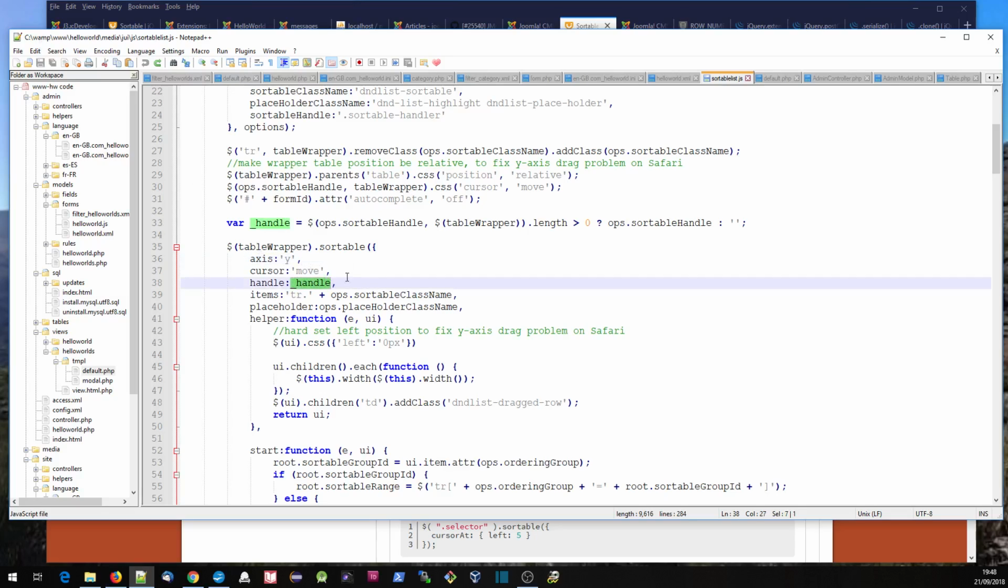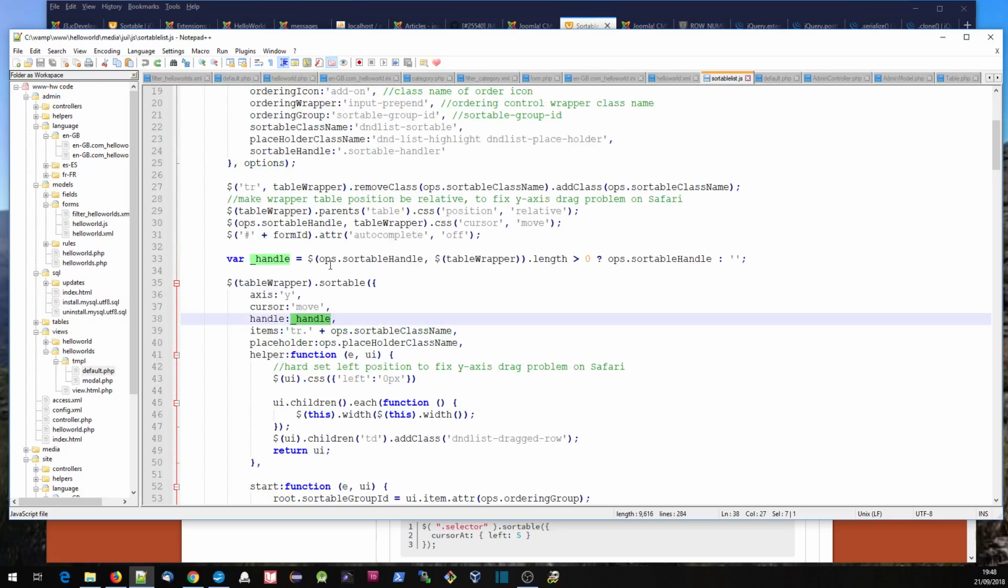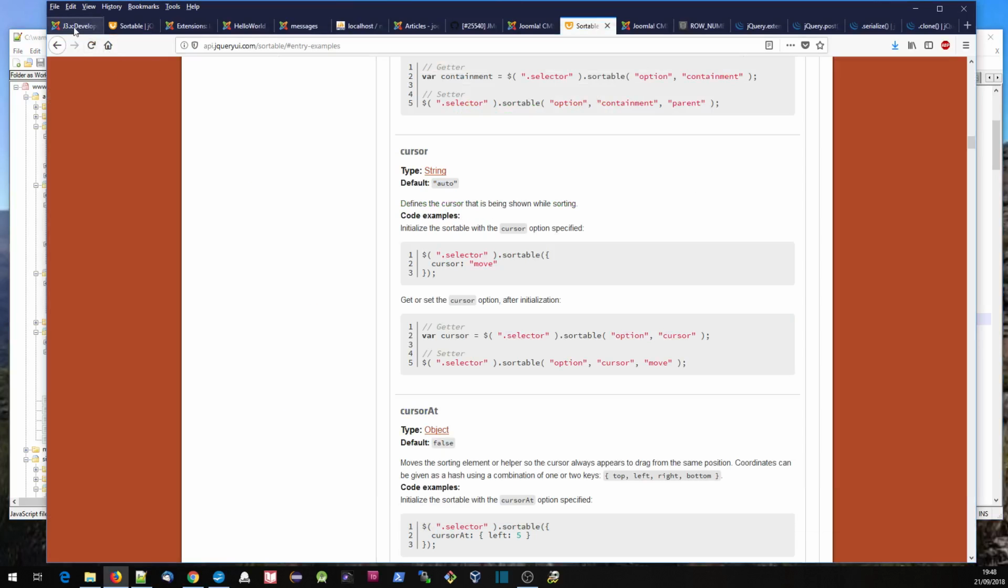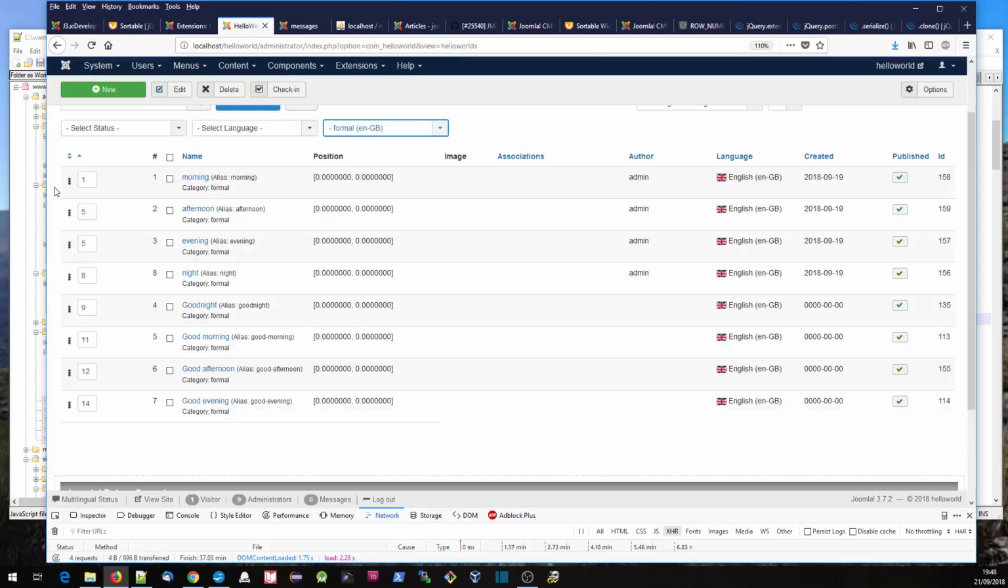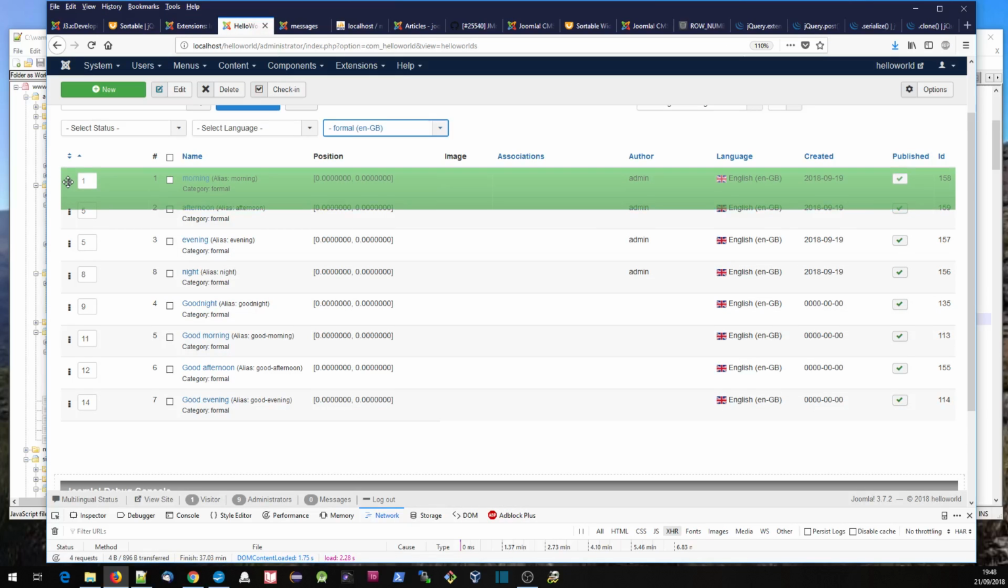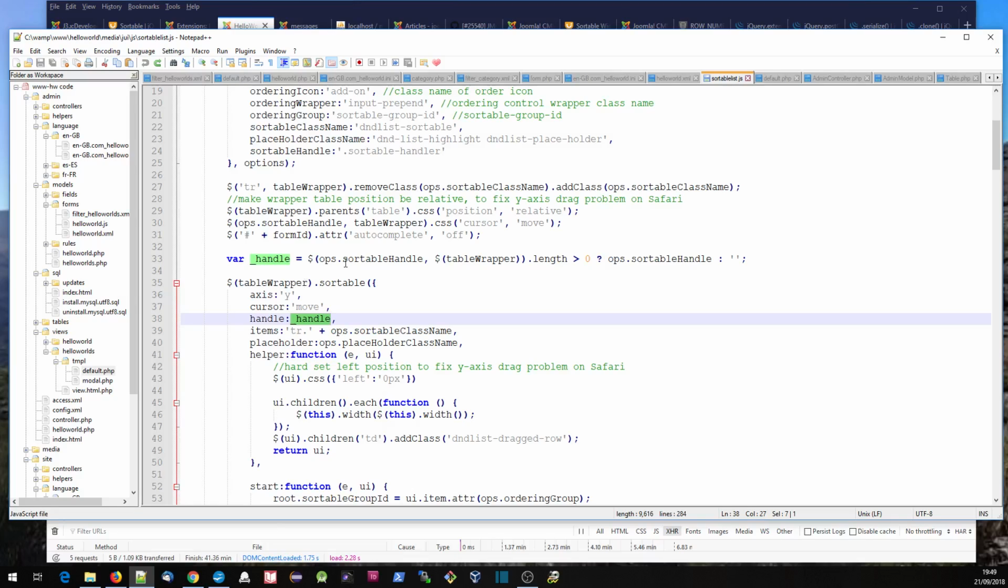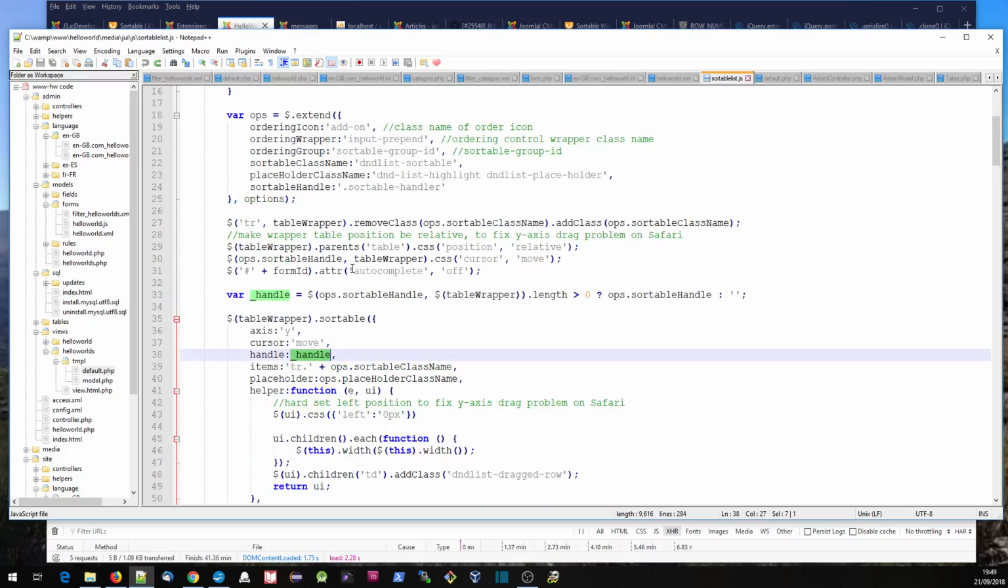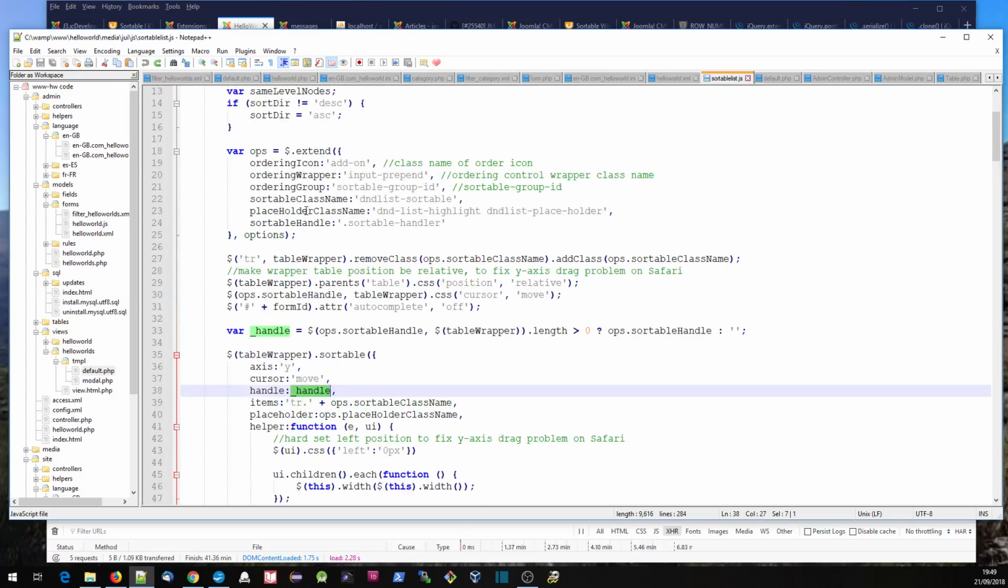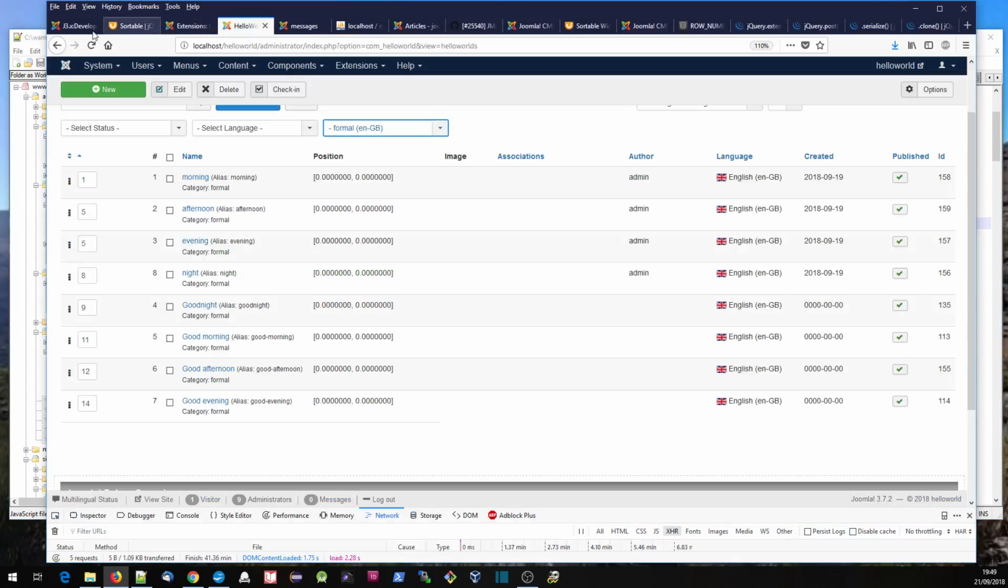Handle is where we've defined handle. Handle really defines the element that you press down on or move the mouse down on so that you can actually move the row. So it's this element here. So if we look at the code, we're defining the element as ops.sortable handler. Sortable handle is something which has a CSS class of sortable handler, and that's why we've defined it in our code